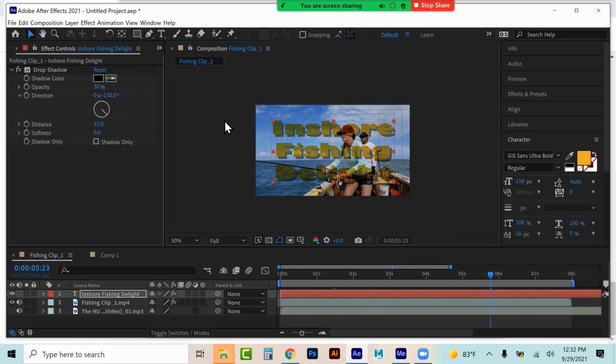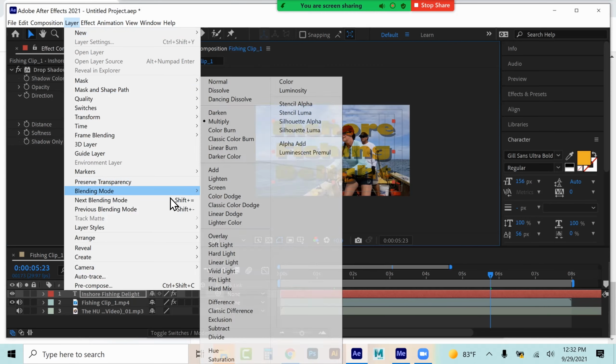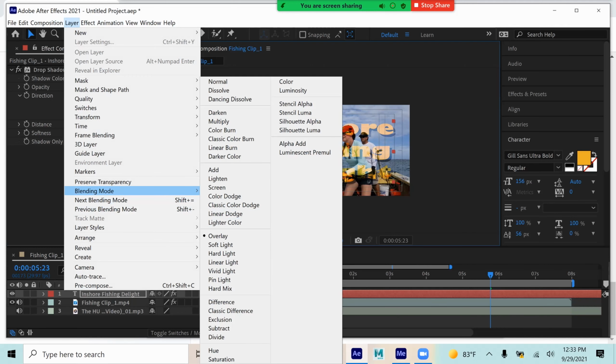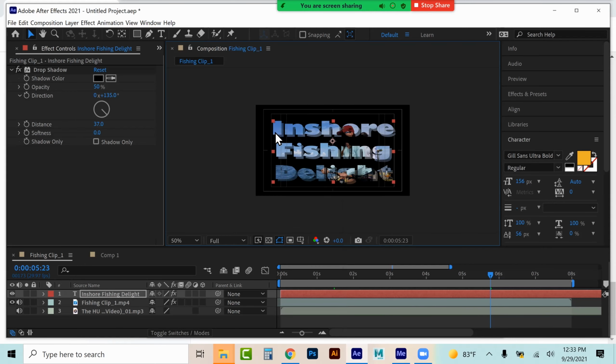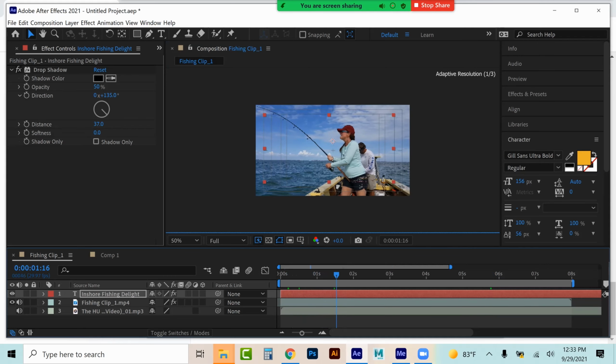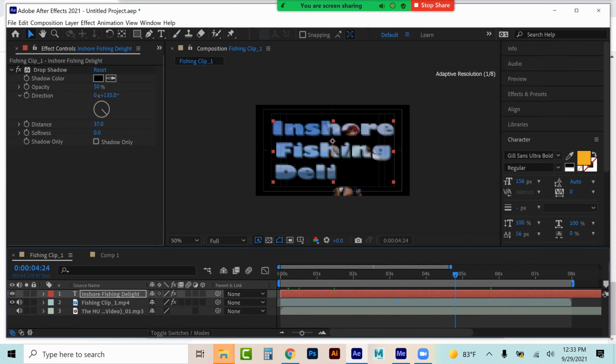But as we did with Photoshop, we've got blending modes, right? We've got multiply. You see what that can do. So you can see through the font a bit. Again, you're blending the layers together. You got overlay. See? You've got all these different blending modes. I'm going to play around here with this one called Stencil Alpha. And you see what that does? That basically says that the alpha channel of the text is making the see-through of the video. So of course, when it's not building,